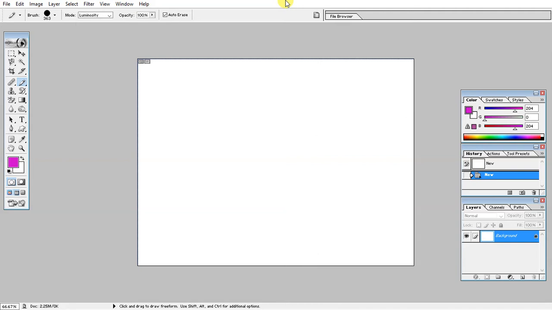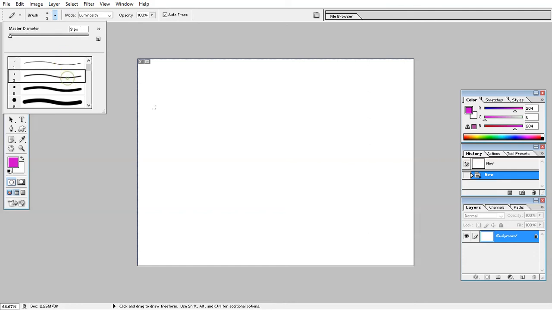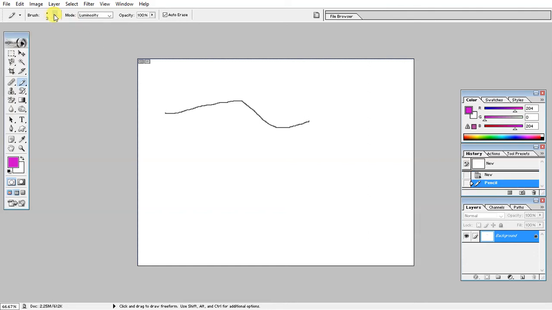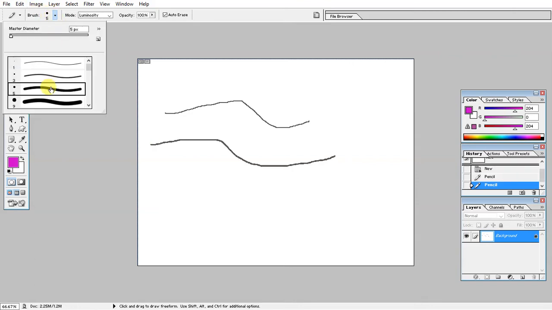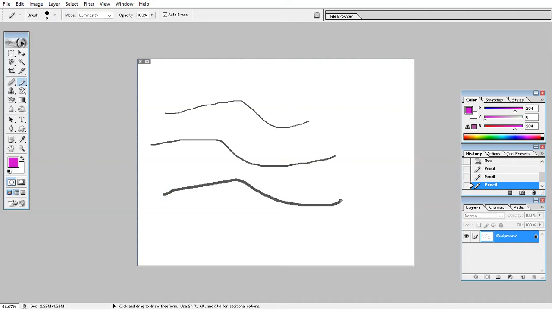And today you have to use brush tool. For that purpose you have to press either in this option or you press simply B. When you press B, then brush tool is activated. Okay, and this is your brush tool, and you can use any of the brushes like this, and you can draw of any thickness. You can take any of these. Okay, as per your requirement you can choose it.